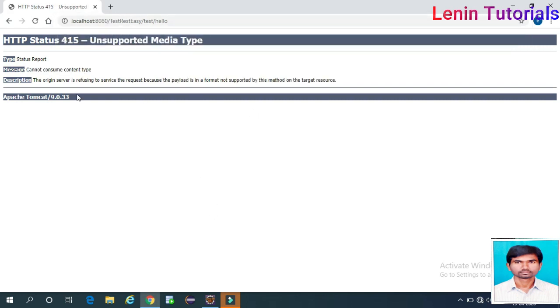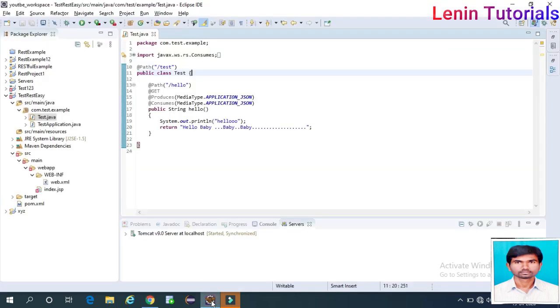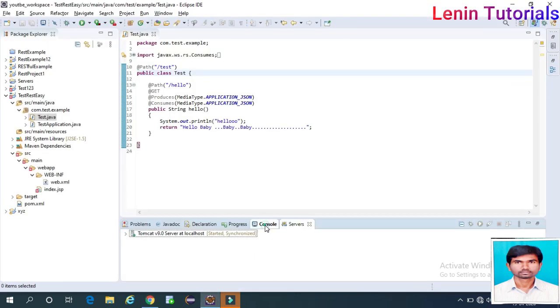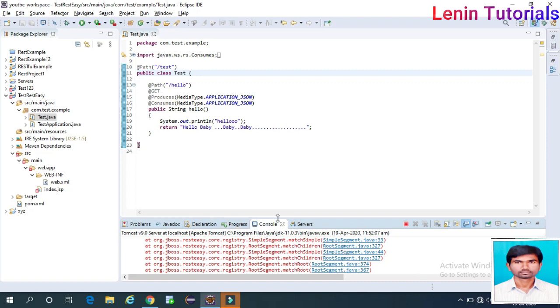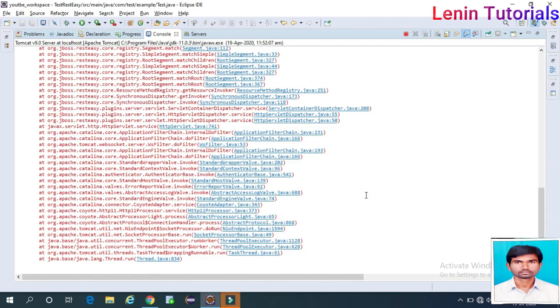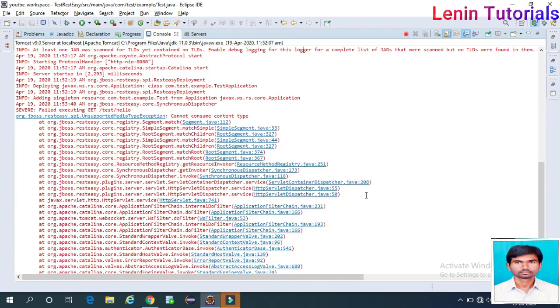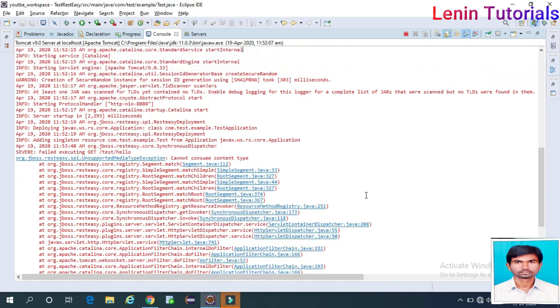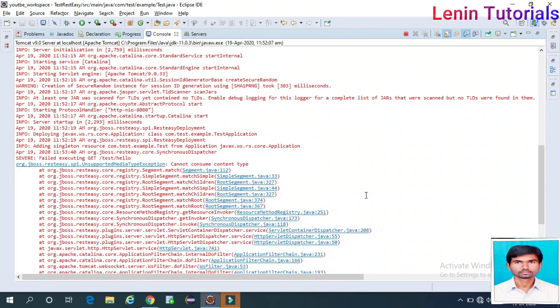What is the problem? Is test hello, why? Check the console. Error is coming, why is the error coming? Cannot consume content type. GET to test hello request is coming, okay.